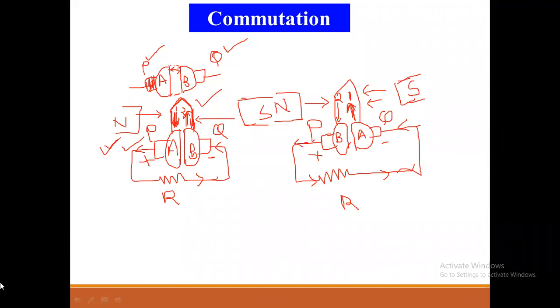ओके, एका पोल कडून दुसऱ्या पोल कडे ज्यावेळेस कंडक्टर पास होतोय, at that situation the current direction will reverse, it will be the reverse of that of the conductor. त्या कंडक्टरची करंट डिरेक्शन काय होते? रिव्हर्स होते. ओके, see here